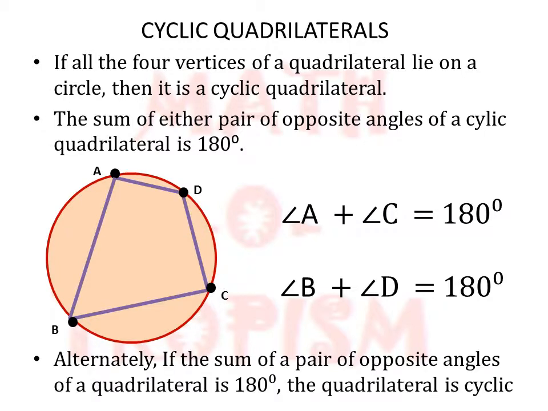Alternately, if we know that any one pair of opposite angles of a quadrilateral is 180 degree, we can blindly say that the quadrilateral is cyclic. This comes because the total angle of a quadrilateral is 360 degree, and if one pair addition is 180, the balance pair addition will also be equal to 180 only. So if we just check that one pair of opposite angles is 180 degree, then automatically that quadrilateral is cyclic. We are going to use all these concepts in solving of the sums from the chapter circles in the